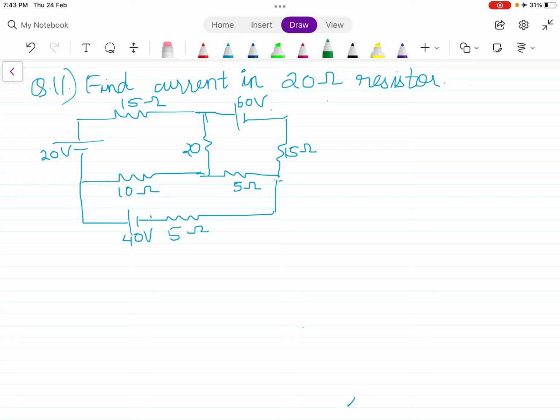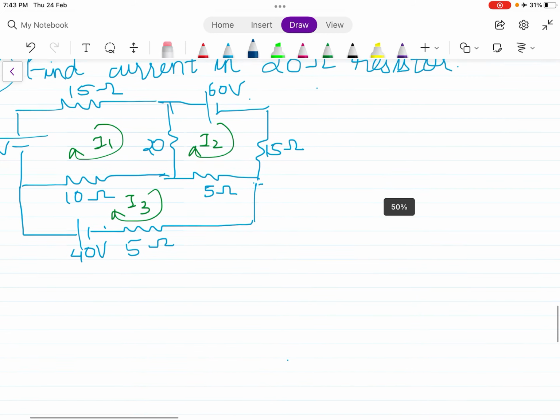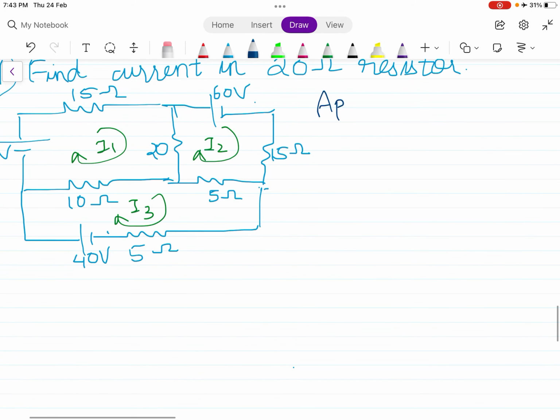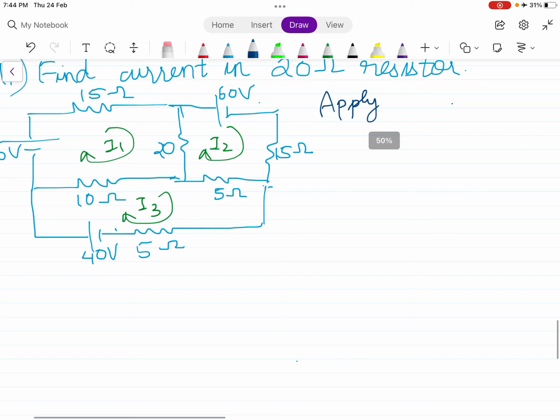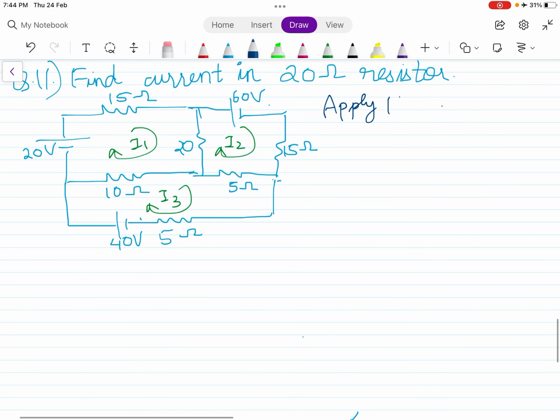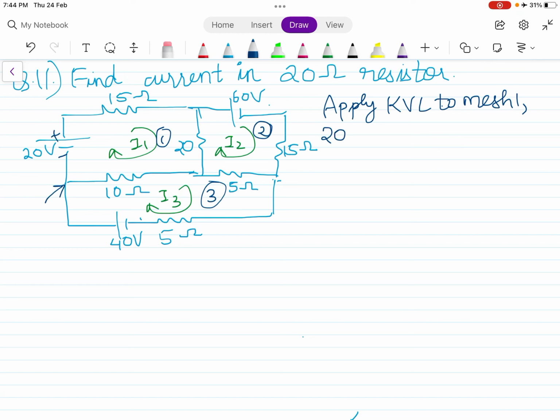So first assume the direction of current, mark it as in the clockwise I1, I2 and I3. Then we apply KVL to mesh number 1. When I apply KVL to mesh 1, starting from this point, negative to positive, plus 20 minus 15